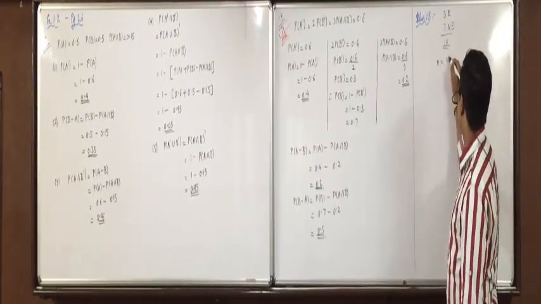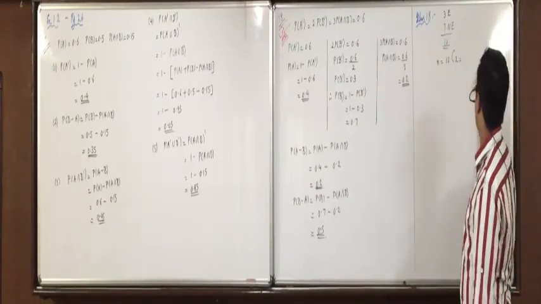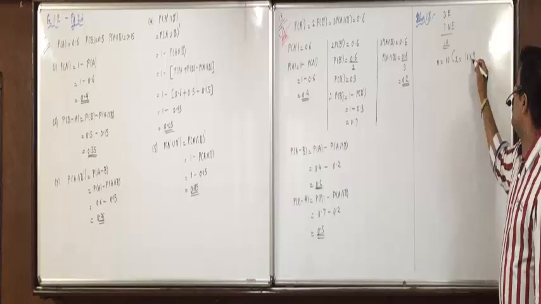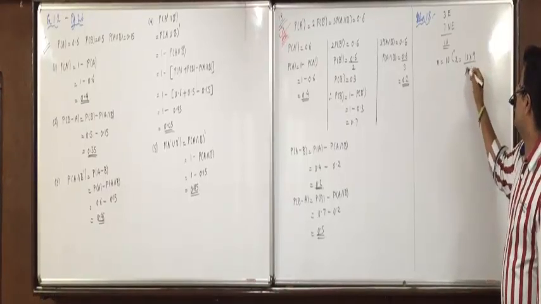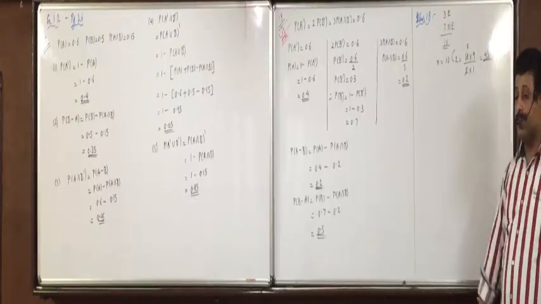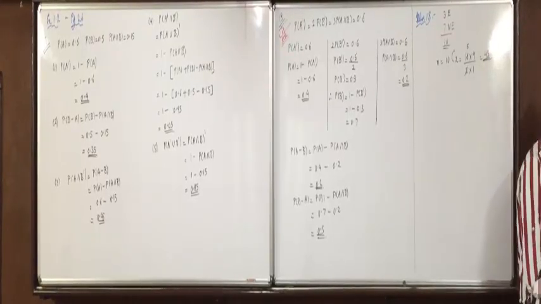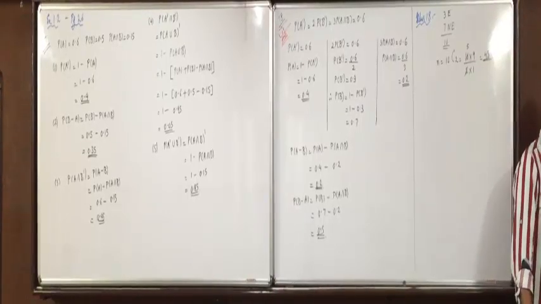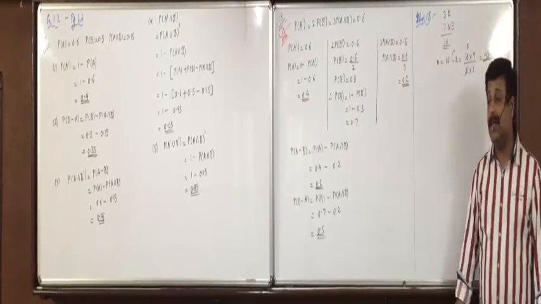So n will be equal to 10C2. I told you a shortcut method, remember yesterday? 2 means open 10 two times, 10 into 9. Open the denominator 2 into 1. So 2 into 5, 5 into 9, 45. n is 10C2, which is 45. Now further, we have to find the probability that Katan gets the prize.